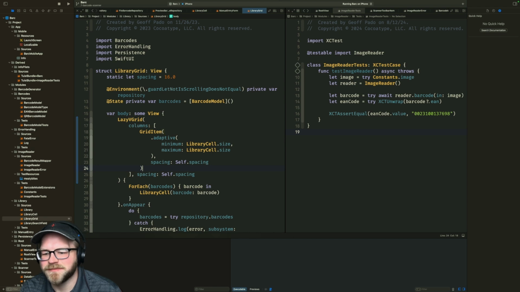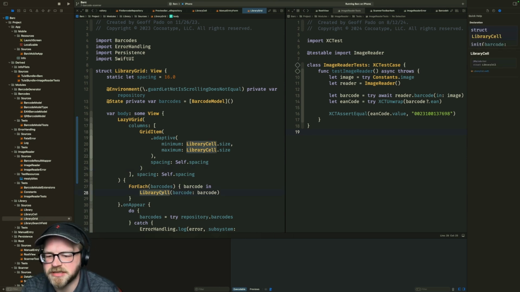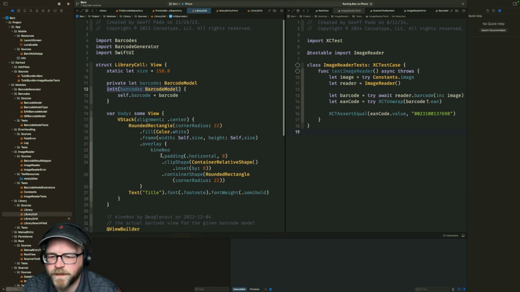There we go. Okay. I love that we said minimum, maximum, and then we gave it the exact same value. That's interesting. But then, yeah, my concern is I want library cell to be basically different heights. And I don't think that that's going to work the way that I want it to. If I say library cell, and I give it a barcode,